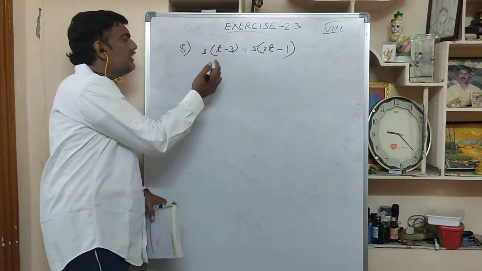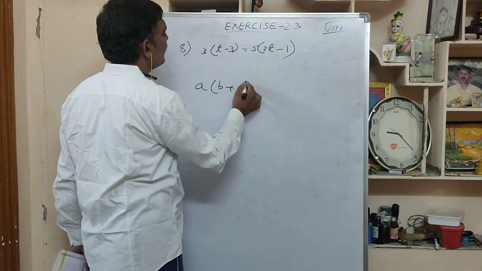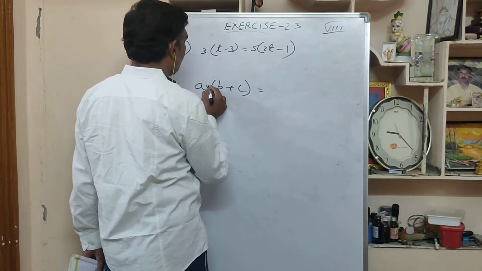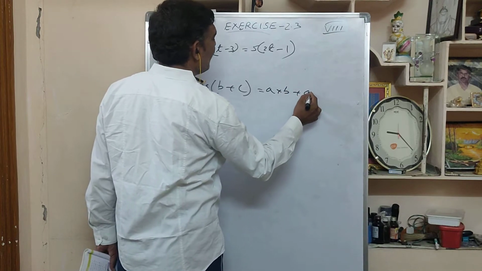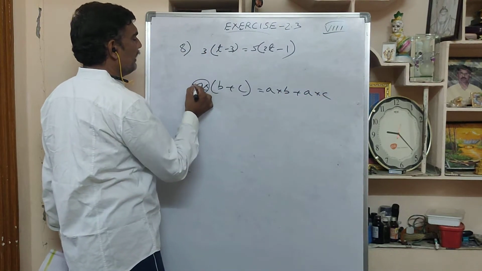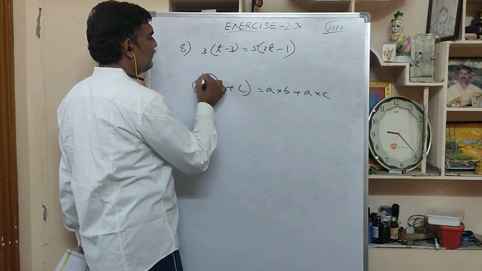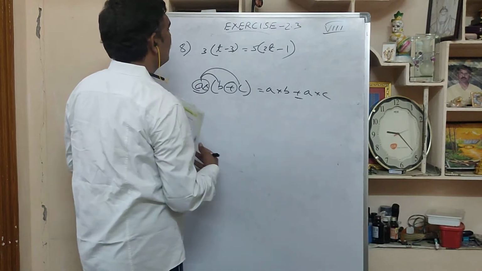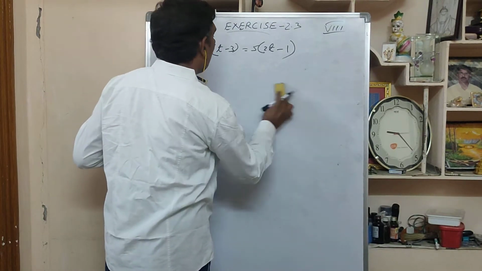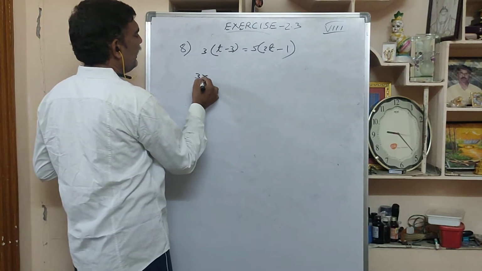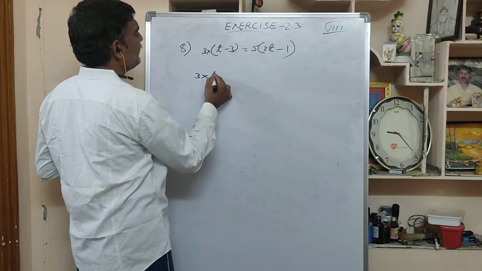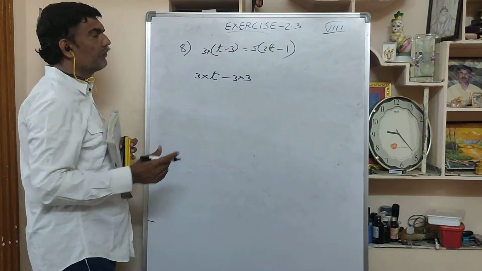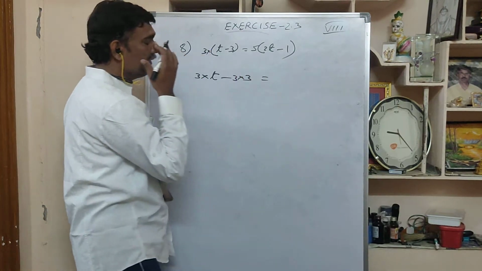Okay. Now the distributive property, A into B plus C. If anyone asks, it will come in 5th and 6th classes. Distributive property is nothing but A into B plus A into C. It means whatever number is there, this number should multiply with this one and this one. Here the same symbol you have to keep in the middle. Same you are doing here. So what I am doing is, this 3 into t first. This symbol as it is I am keeping. Again 3 into this. This is completed. Is equal to I am writing here.